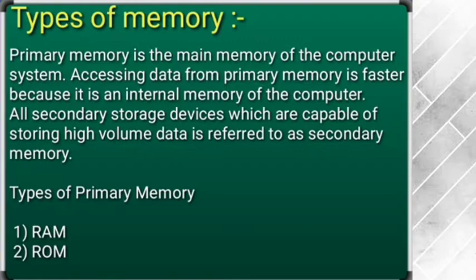Whenever you purchase a CPU, you get the primary memory already attached within it, and if you need any kind of additional storage devices, you can increase the storage capacity by adding a secondary memory to your computer. Now accessing the data from primary memory is really faster as compared to the external memory because it is the internal memory of the computer. It is attached internally inside the CPU, so it is very fast as compared to the other memory. Now primary memory is further divided into two parts, which are RAM and ROM. RAM stands for random access memory and ROM stands for read only memory.